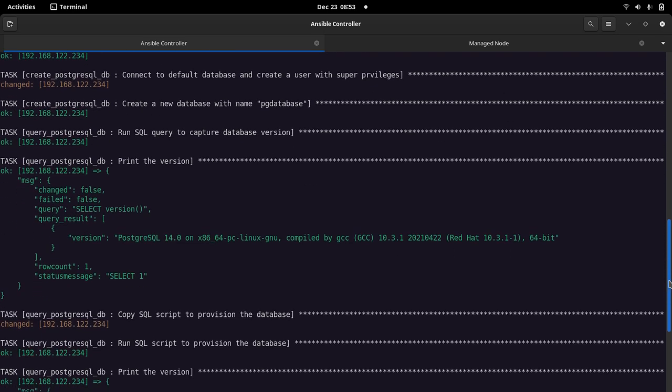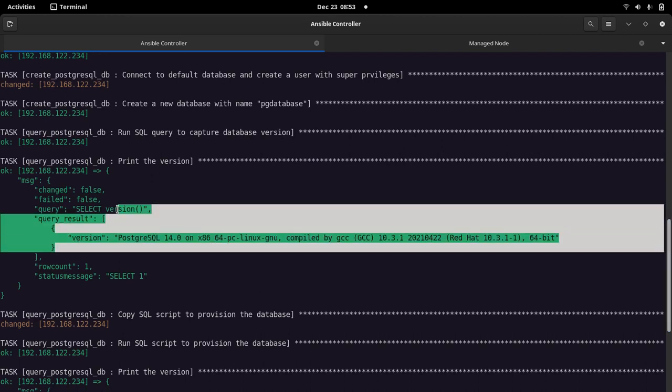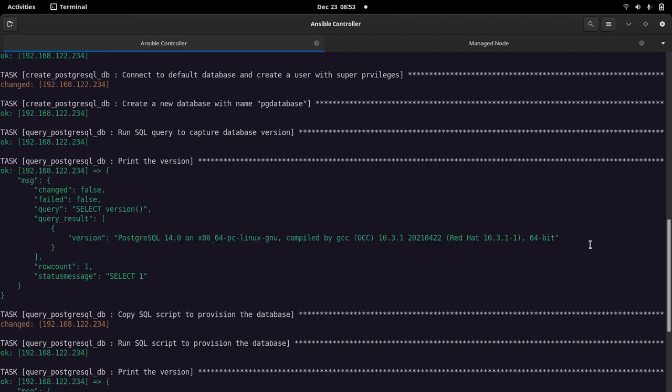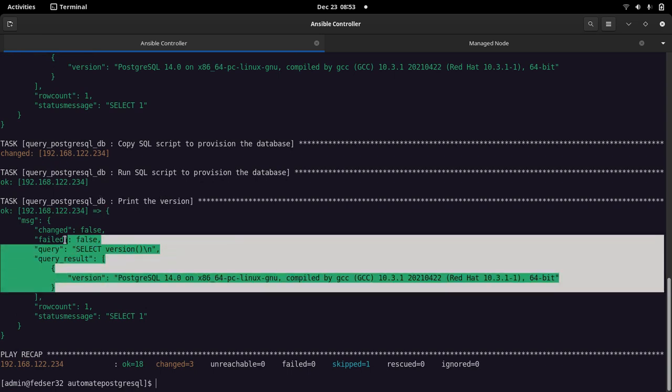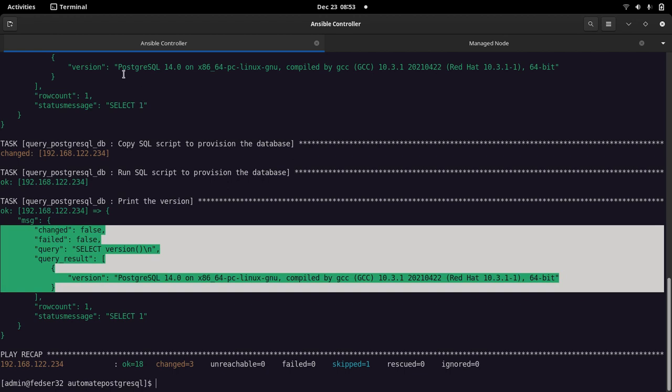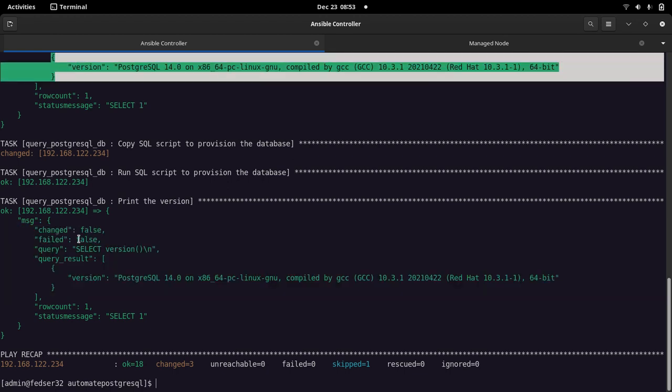As you can see, it has printed the version of PostgreSQL, that is 14, which we have installed on the server. And the same thing, we have copied this SQL script and we are running it using the module, and this is the same output that we received by running the query explicitly.